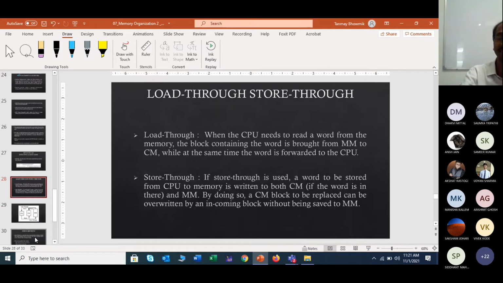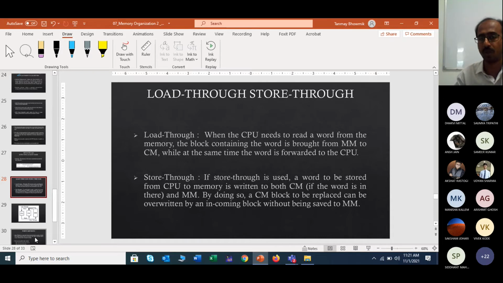Now some other part very much related to our cache memory is load through and store through. These come as theory, and they are also very important. You can expect a one-mark or 0.5-mark question from here.